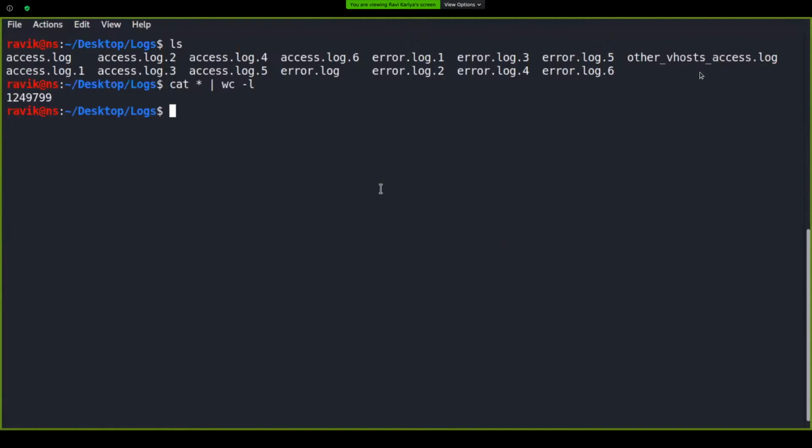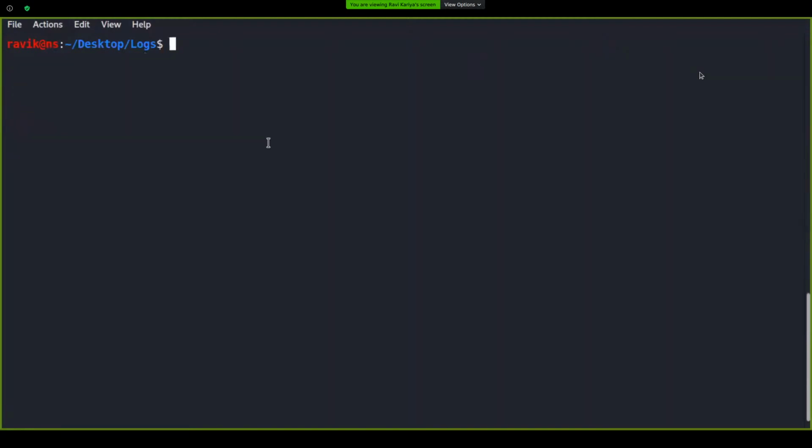For example, let's take access.log.2, and this contains 8 lakh lines of logs. So the logs usually look like this.